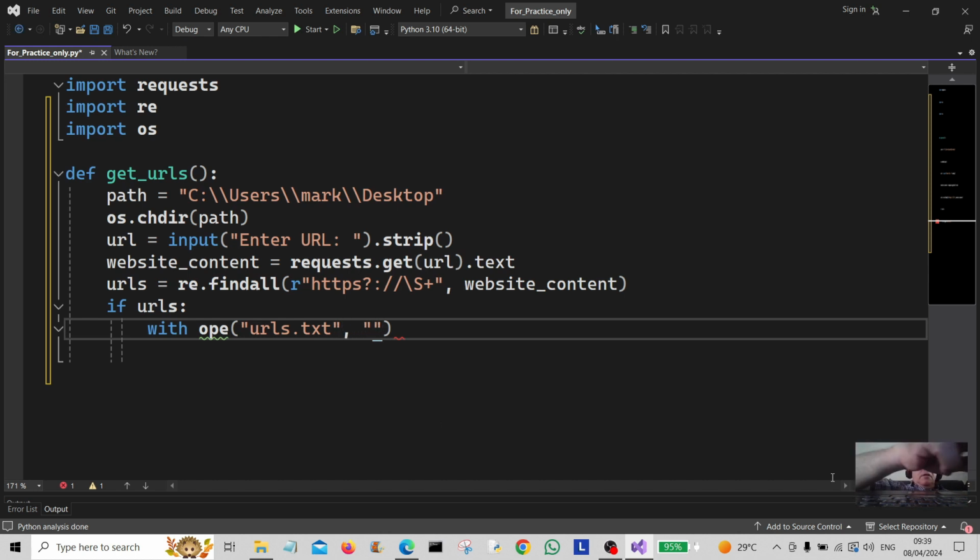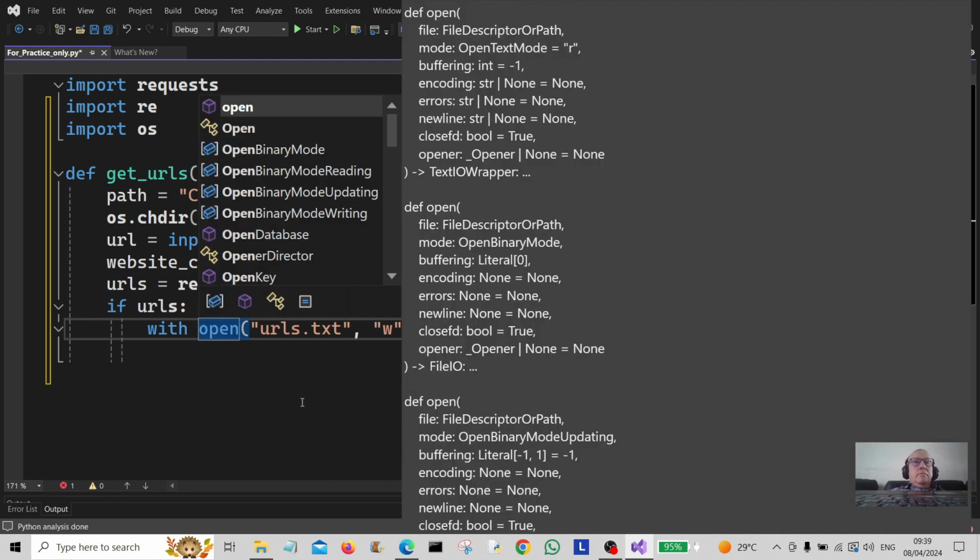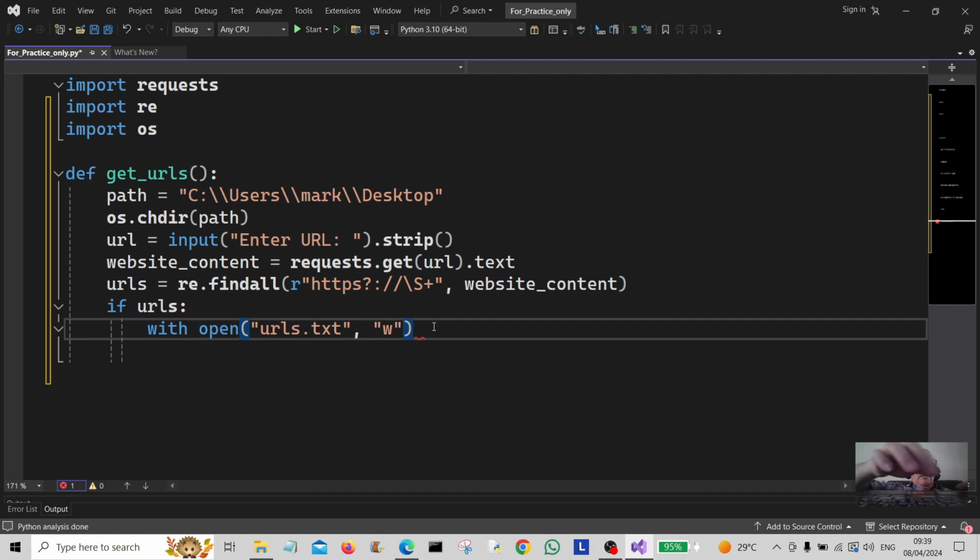And we're going to do the w flag here to create the file. Whoops, made a mistake there. Little typo. And as file object,